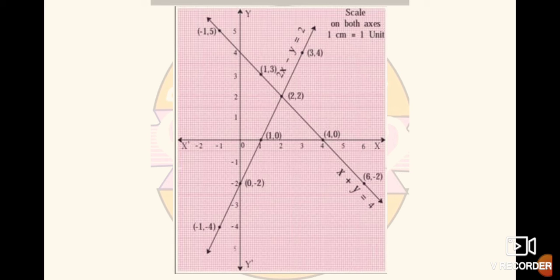But while showing the points, show them properly, mark the proper center, make 4 proper equal parts of the graph, write the scale and names of the axes. These are just very small things, but here there are chances of losing marks. So kindly mark the names of the axes, that is x-axis, x dash, y dash, the scale, and the points properly, and then you will get the full marks allotted to the question.